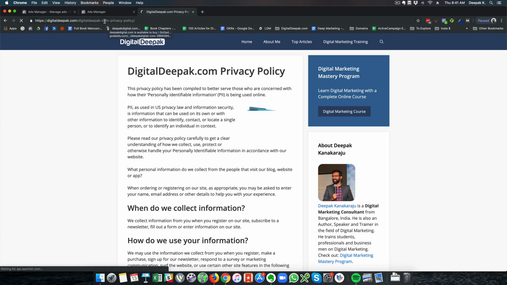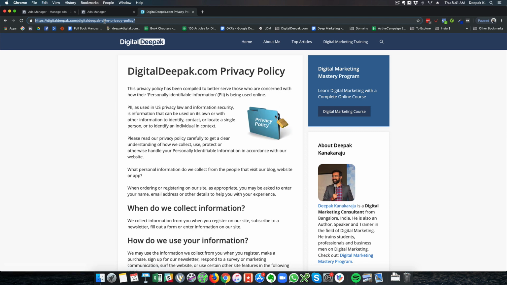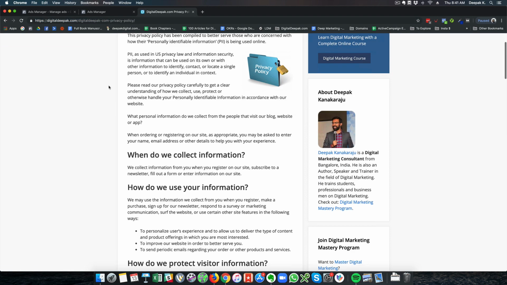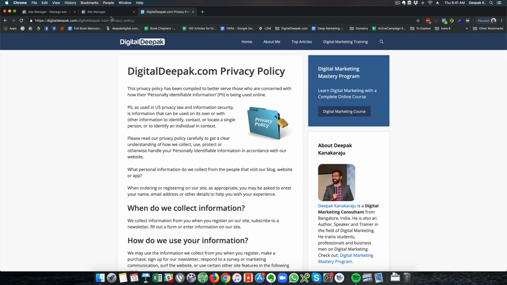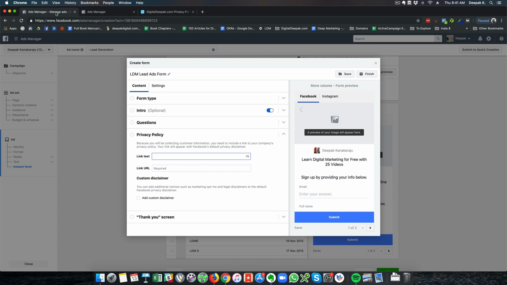And if you don't have a privacy policy on your site, just go ahead and search for something like privacy policy generator and go ahead and add it to your website. So this is just like a standard template which talks about the privacy and how you are going to manage the data that you collect on the website. So link text would be privacy policy and link URL is this.